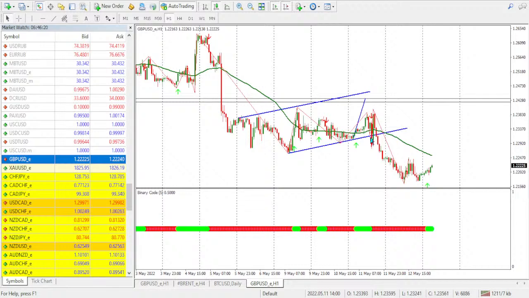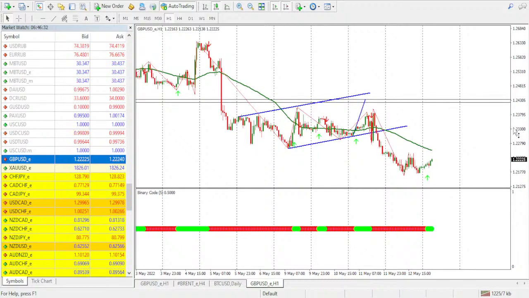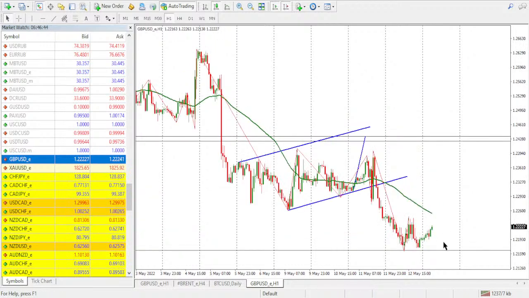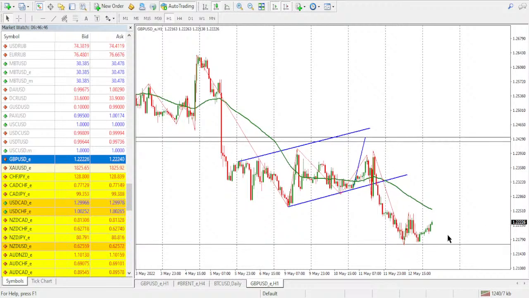Our stop loss, if you picked a sell position of the break which was here, or after the break which is here, your stop loss should be still at the high here. So we expect sellers to continue to push price down. We actually expect a break below this point, which is 1.21674. If the price breaks and closes below that level, then that will be a good place to continue looking for sell positions from. A break below this point, we'll be looking for more sell positions. So the next instrument